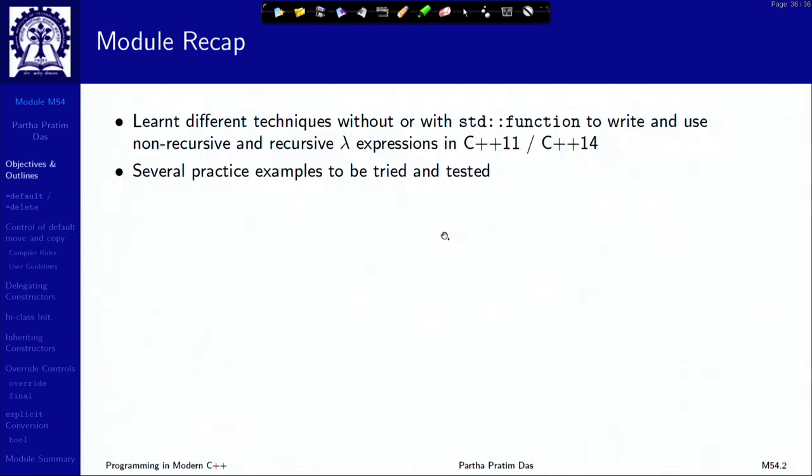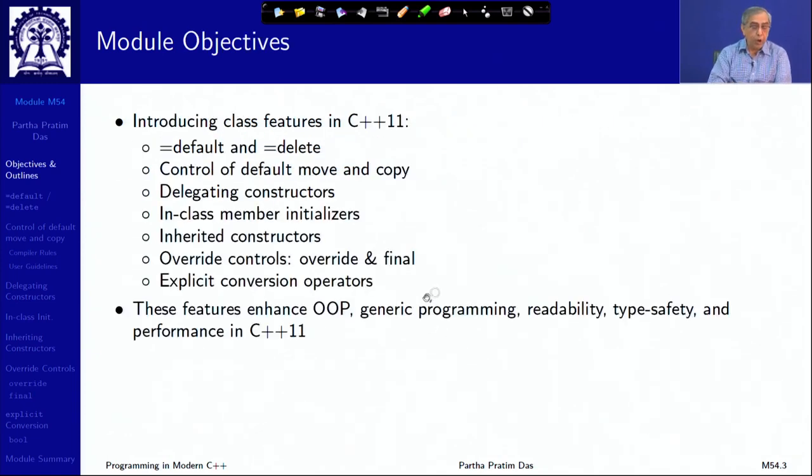In the last module, we talked about different techniques, using or without using std::function, to write and use non-recursive as well as recursive lambda expressions in C++ 11 and 14. We have learnt about generic lambdas, we have learnt about generic capture, and we have left several practice examples that you should try and test out. With that, the general features of C++ 11 we have now completed discussing, and in the current module we